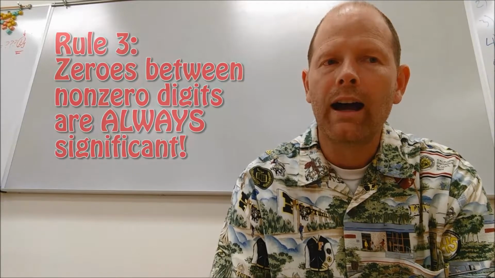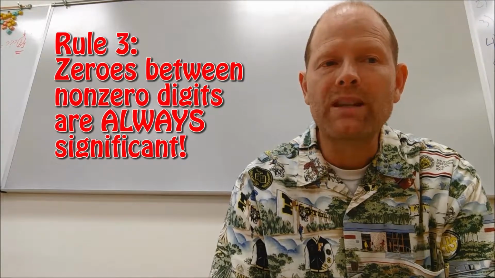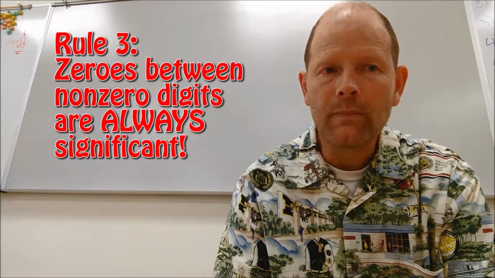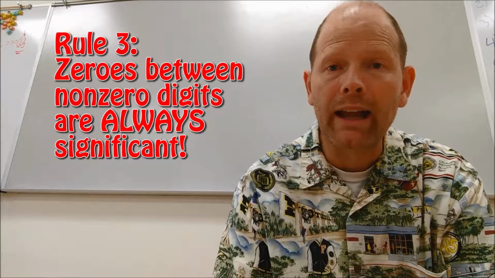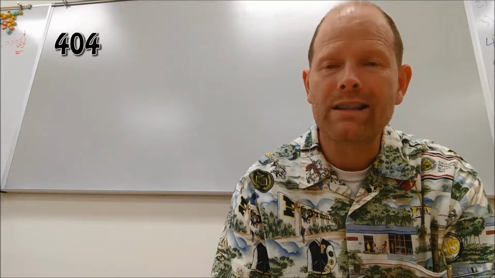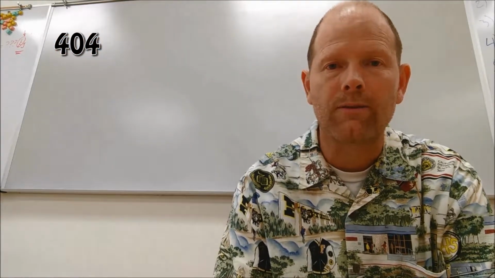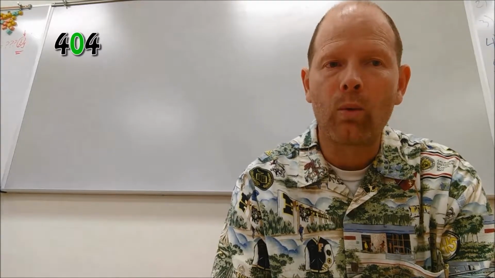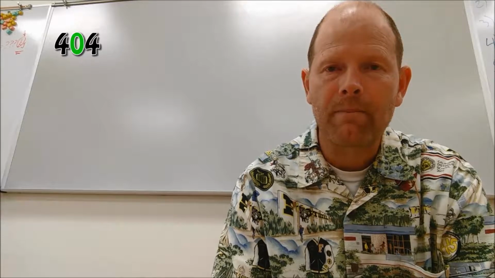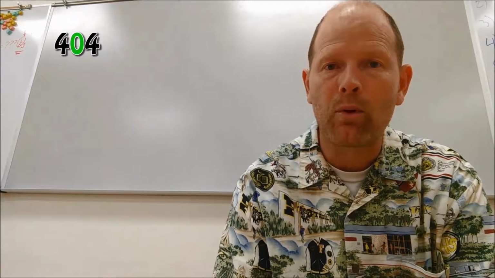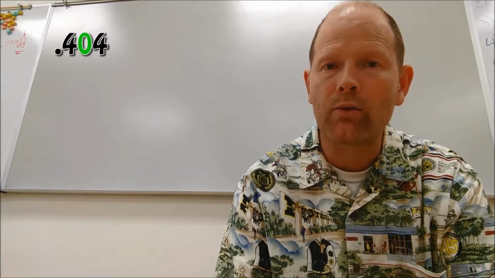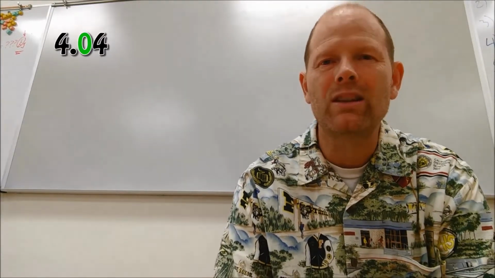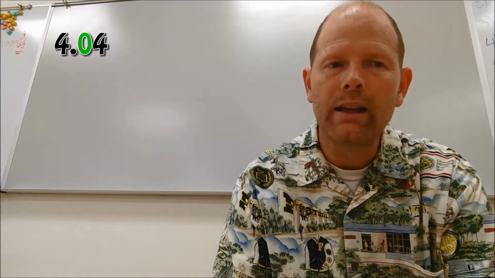Next rule, third rule, zeros between non-zero digits are always significant. So if we take a look at a number like 404, the 0 is in between the 2 4s. The 4s are the non-zero digits. It's in between, and so it's always going to be significant. Same thing, doesn't matter where the decimal point is. If it's 0.404 or 4.04, the 0 is still in between the 2 4s, and so it is significant in